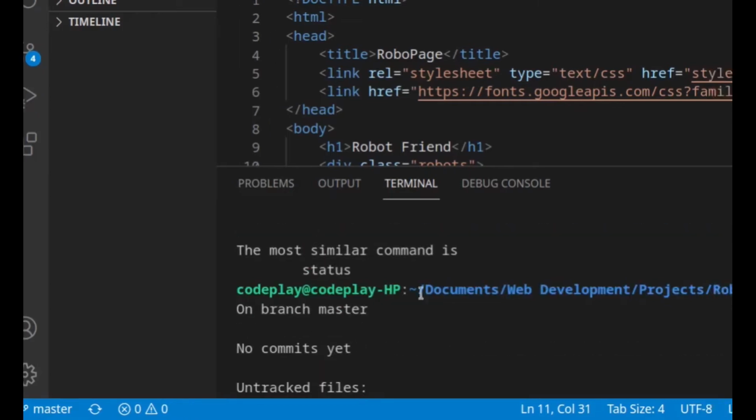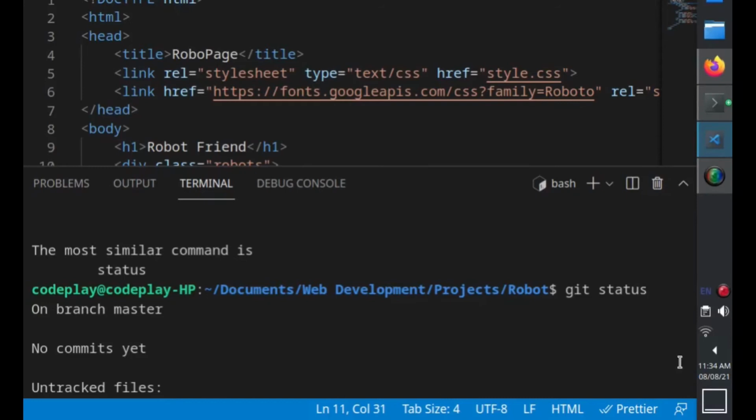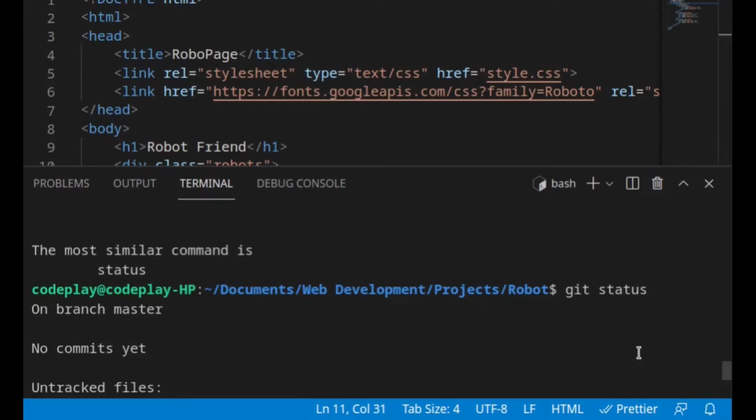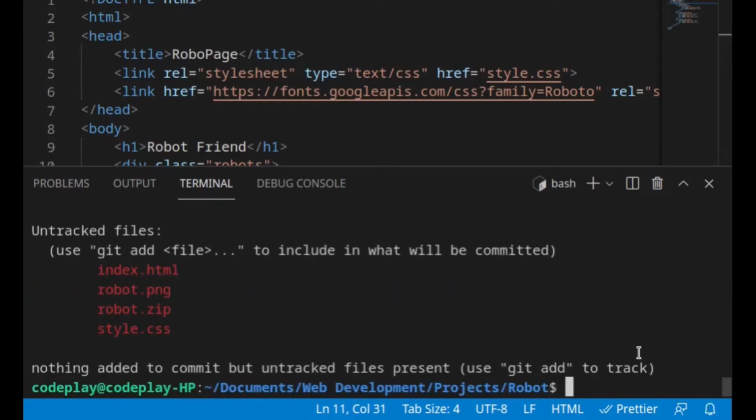Then untracked files. Untracked files refers to index.html, robot.png, robot.zip, and style.css. It basically refers to those files which are presently in our folder, but have not been added to Git. And it is showing the command using which we can do so, git add.